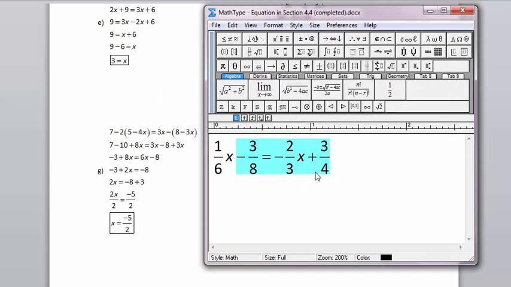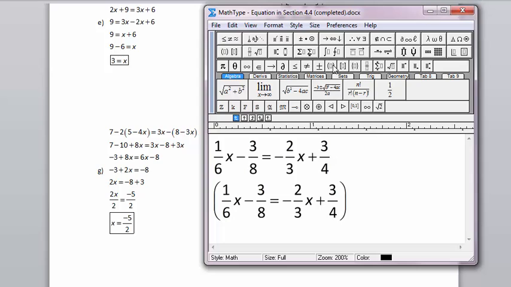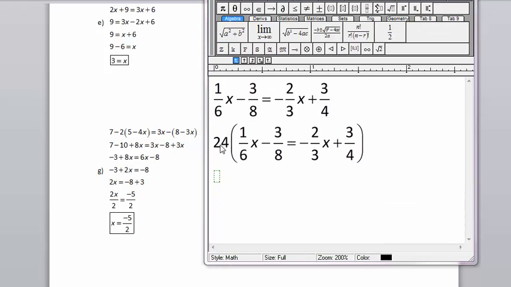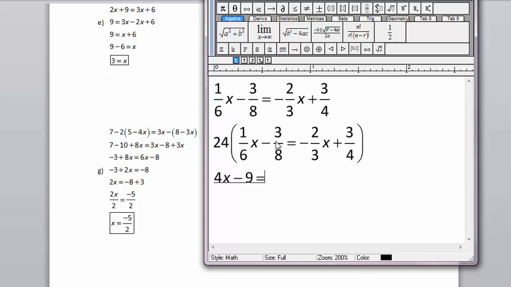When we look at example H, we're going to practice that common denominator technique again. So we're going to start by taking our entire equation and multiplying by the common denominator. My denominators are 6, 8, 4, and 3, so my common denominator is going to be 24. I know that 6 goes into 24 4 times, so 4 times 1 is going to give us 4x for the first term, minus, I know that 8 goes into 24 3 times, so 3 times negative 3 is going to give us negative 9, equals, I know that 3 goes into 24 8 times, that's going to give us 8 times negative 2 is negative 16x, and last, I know that 4 goes into 24 6 times, it's going to give me 6 times